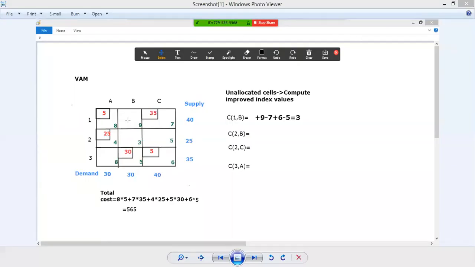Here from this particular cell I can even reach this cell. This is also an occupied cell, I can reach this cell, and again I can reach this cell. But if you go in this path, this is an empty cell, so I cannot land in this particular cell. Again this is also an empty cell, and I cannot land in this particular cell.